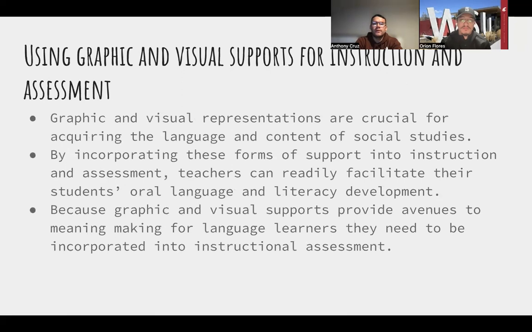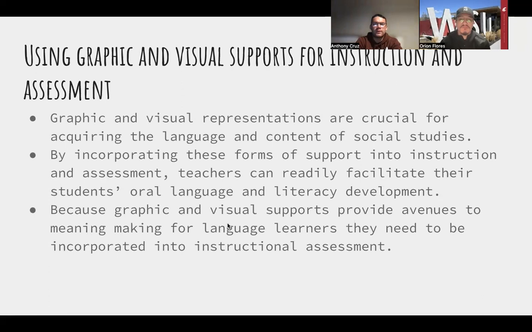So using graphic and visual supports for instruction and assessment. Graphic and visual representations are crucial for acquiring the language and content of social studies. By incorporating these forms of support into instruction and assessment, teachers can readily facilitate their students' oral language and literacy development.